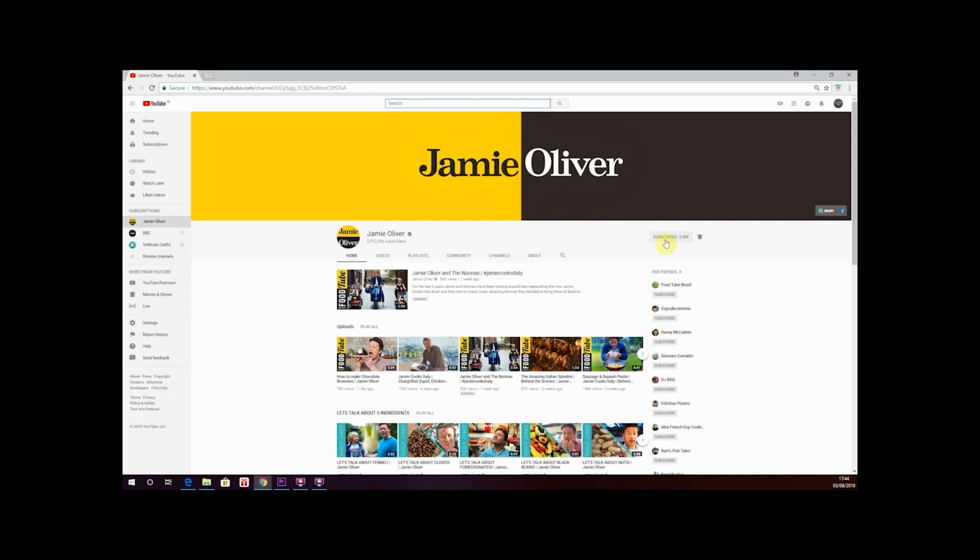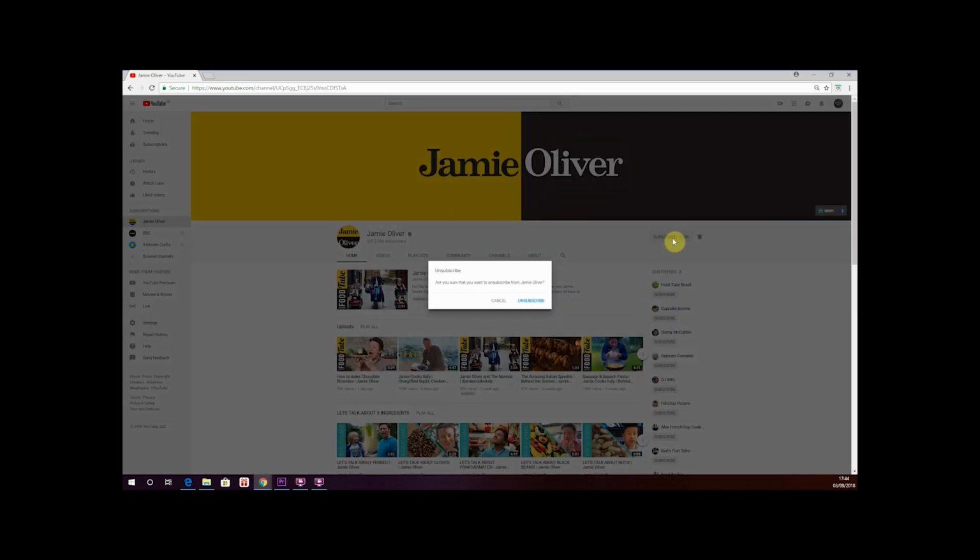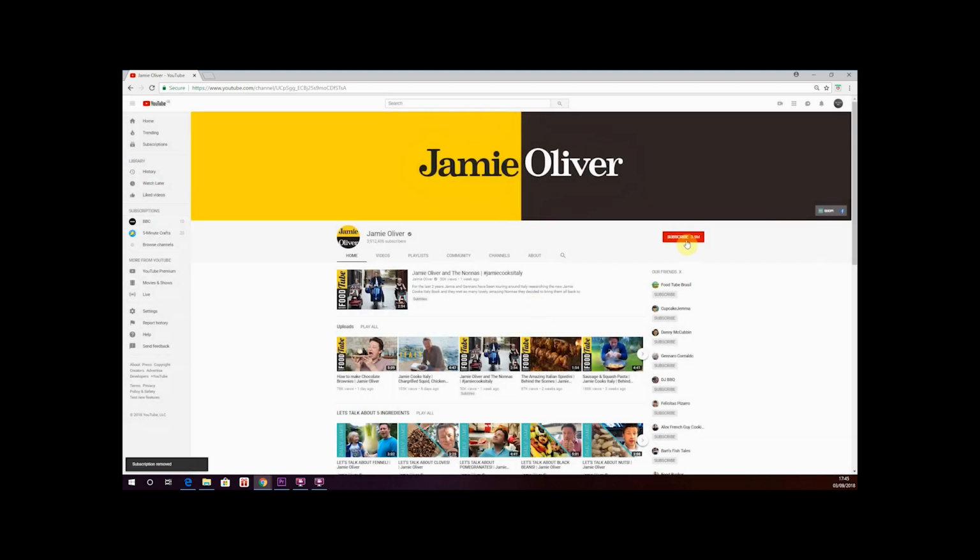And then you're going to find this button just over here. If it's grey, it means you've already subscribed, and if it's red, it means you haven't actually subscribed. So make sure it's grey if you want to unsubscribe, and then just click it, and a box comes up saying, are you sure that you want to unsubscribe from Jamie Oliver? I do, so I'm going to click the unsubscribe button here, and that button up there turns back to red